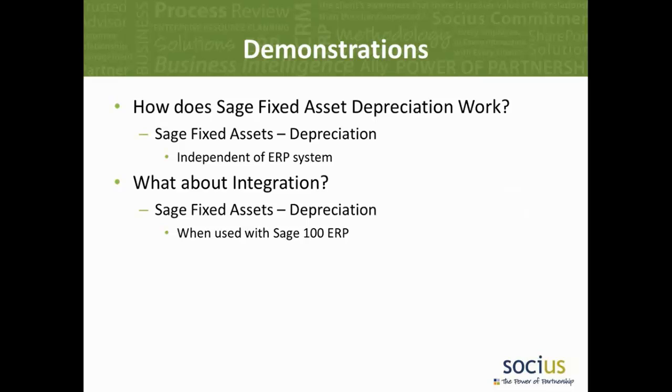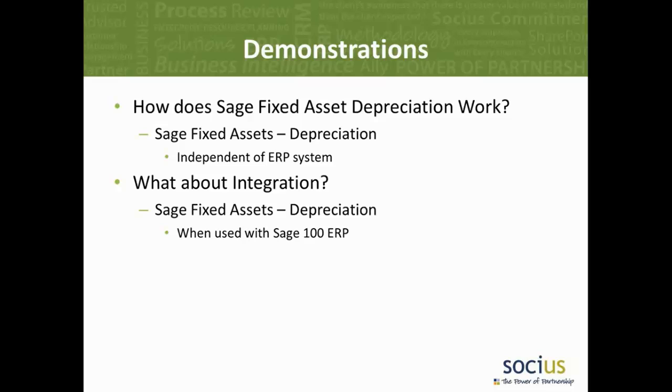So how does Sage Fixed Asset Depreciation work? It can be run independent of an ERP system, which means that you can buy Sage Fixed Assets as a standalone application for tracking assets. It's sold at various levels depending on the number of assets that you want to maintain and how many users that you want to have that get involved with assets. So you can have anywhere from 50 to 100 assets all the way up to hundreds of thousands of assets